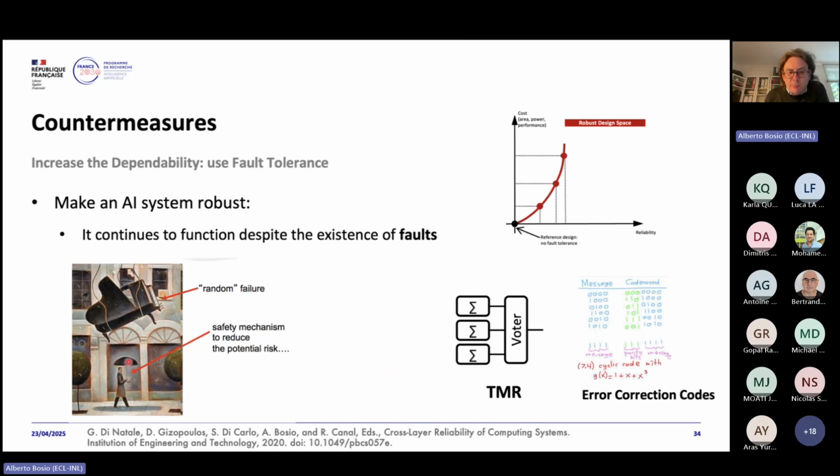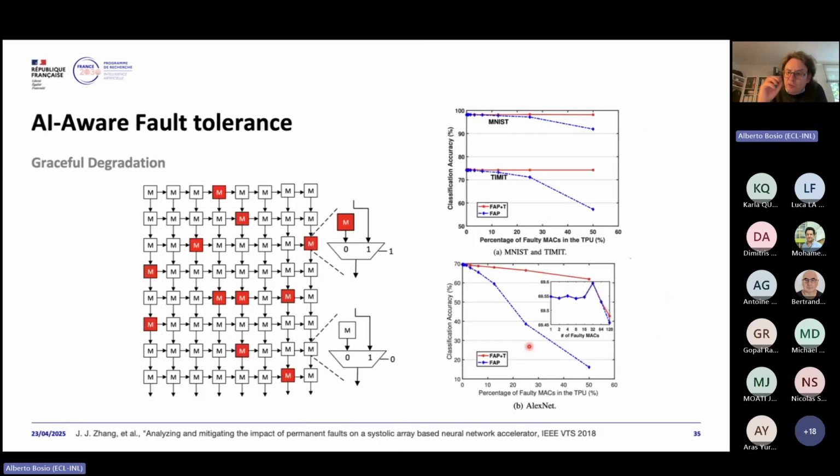So you can see here that this protection mechanism is not really adequate with respect to this. The problem is that the bigger the safety mechanism, the higher the cost. So basically you increase the area, you increase the power consumption, you can increase the time, etc. And you have here some examples. Error correction codes in the memory, you can triplicate your system or part of your system and then vote, etc. Just a few examples, because the time is running a little bit fast, of fault tolerance or correction